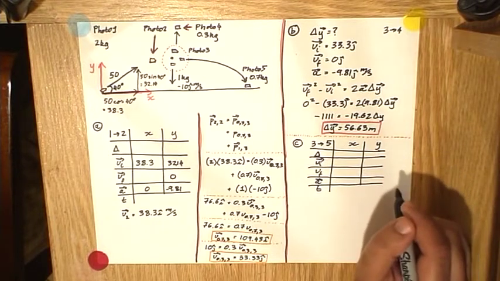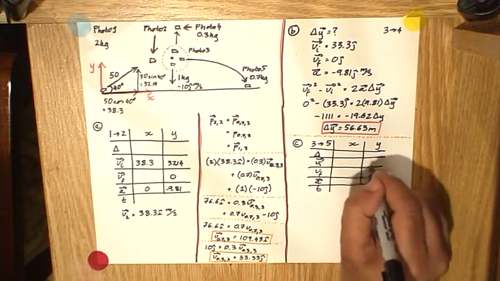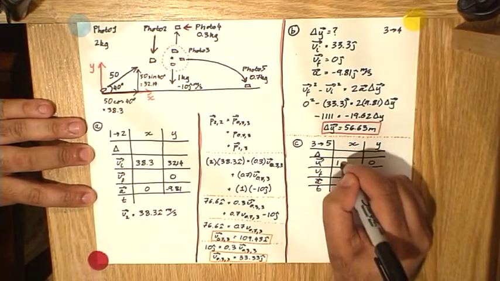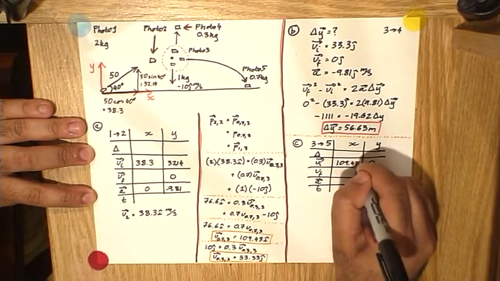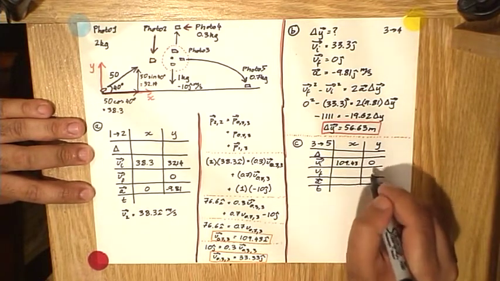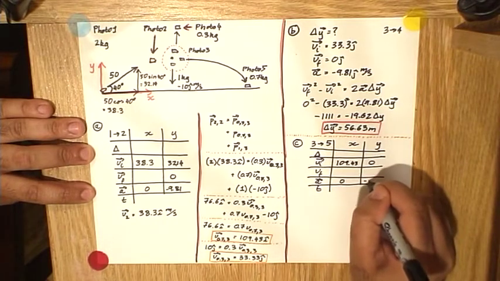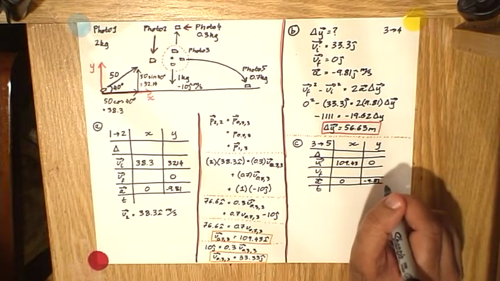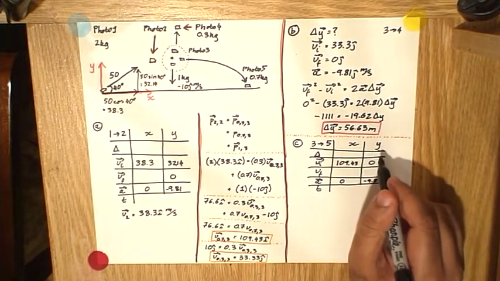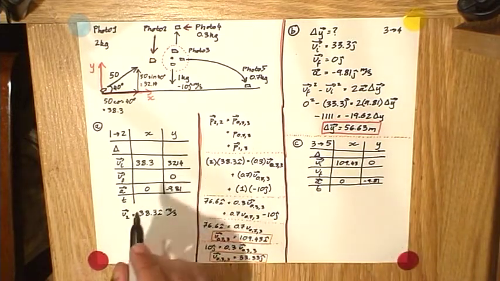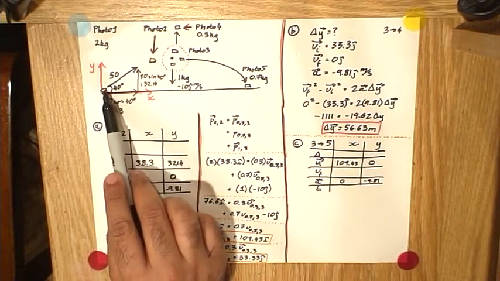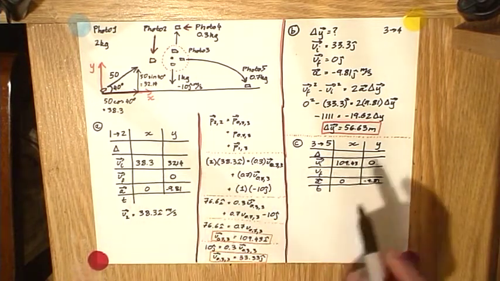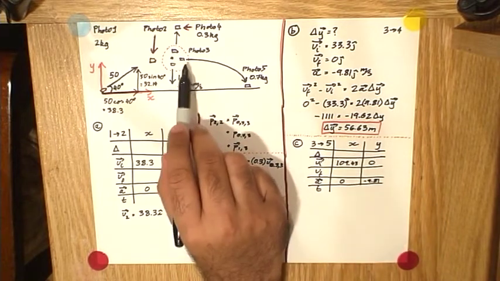Now, we know that its initial velocity in y is 0, and its initial velocity in x was 109.43. We do not know what the final velocities are. We know the acceleration will be the usual 0 and negative 9.81, but now we're stuck. There's one more piece of information that we need in order to solve for any of this over here. Fortunately, we can go back to how the original 2 kilogram object was launched, and we can get that piece of information. What we need to know is how far did this